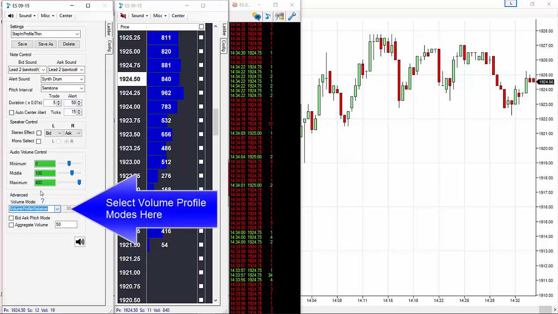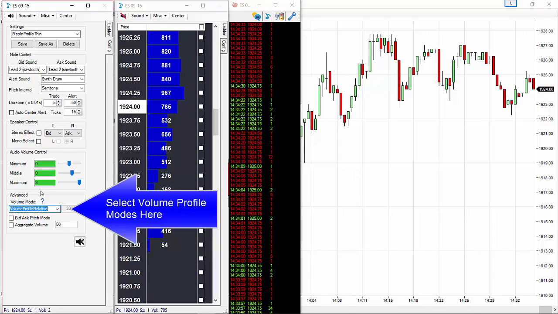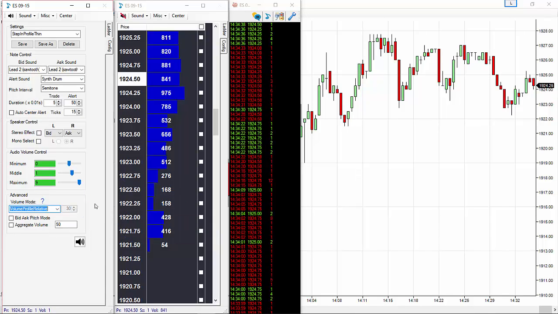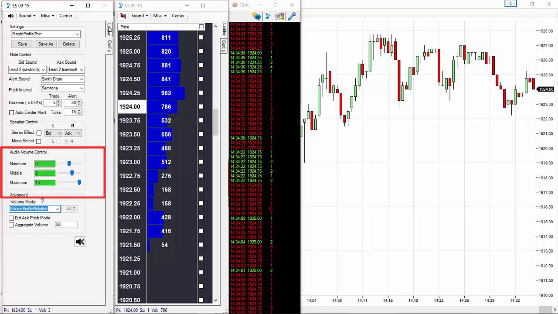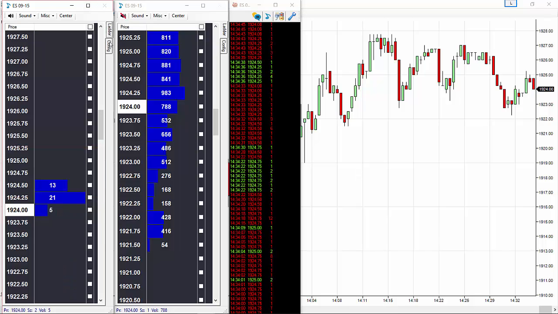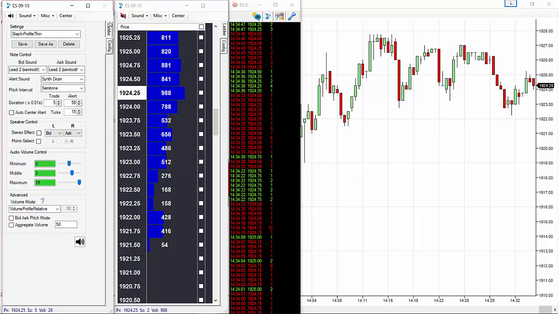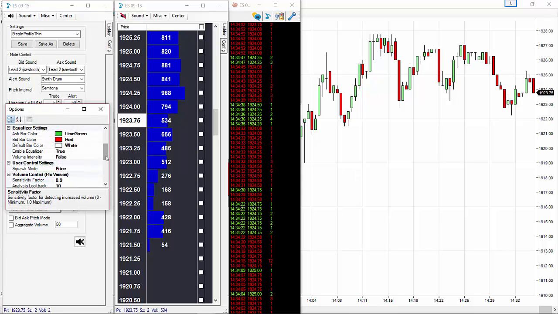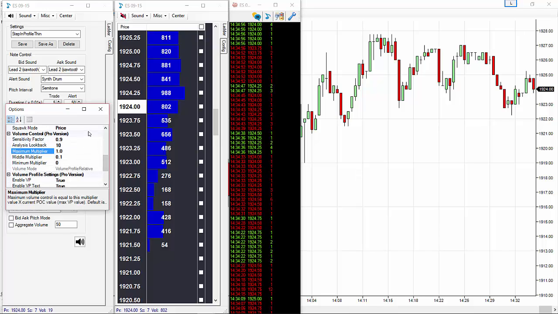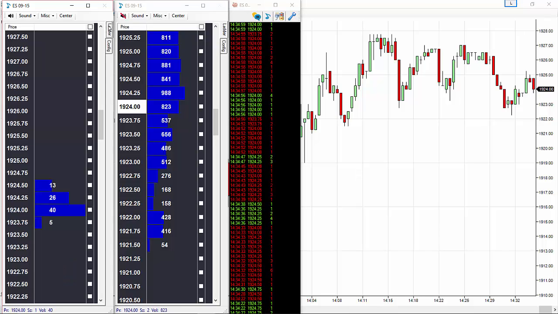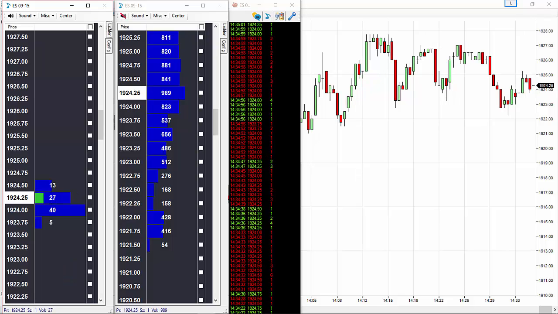The other volume profile mode is called volume profile relative mode. And similarly to volume profile fixed, it lets you hear changes in the volume profile, though volume profile relative automatically sets your different minimum, middle and maximum levels for you relative to the maximum profile thickness. By default, this means that you will hear trade sounds increase in loudness as they approach the current volume point of control, and then they will reach their maximum trade sound volume